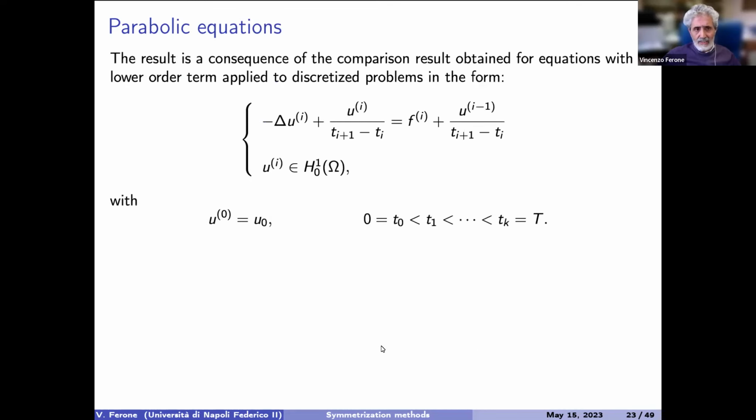The reason for this is that a way to obtain this inequality is to discretize the elliptic problem and to consider this symmetrization scheme, where you now have a problem which is independent of t, and you look for a solution u_i to a problem where the left-hand side has minus delta and a positive constant times u_i.